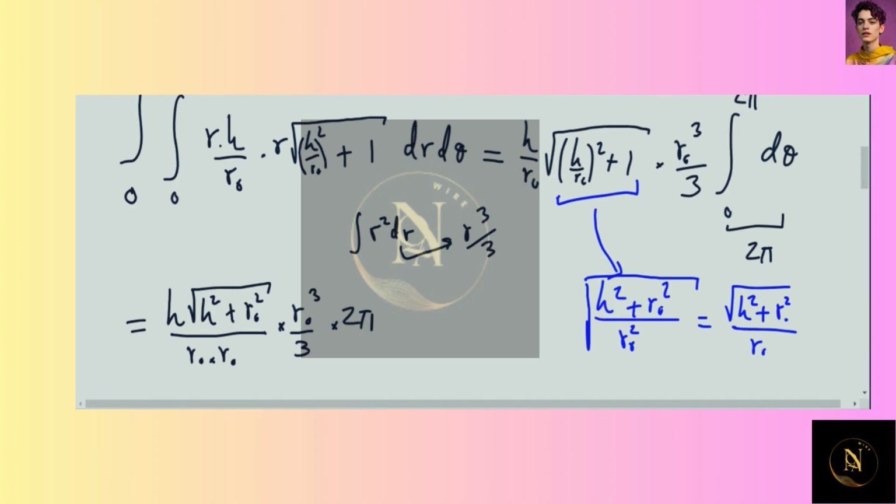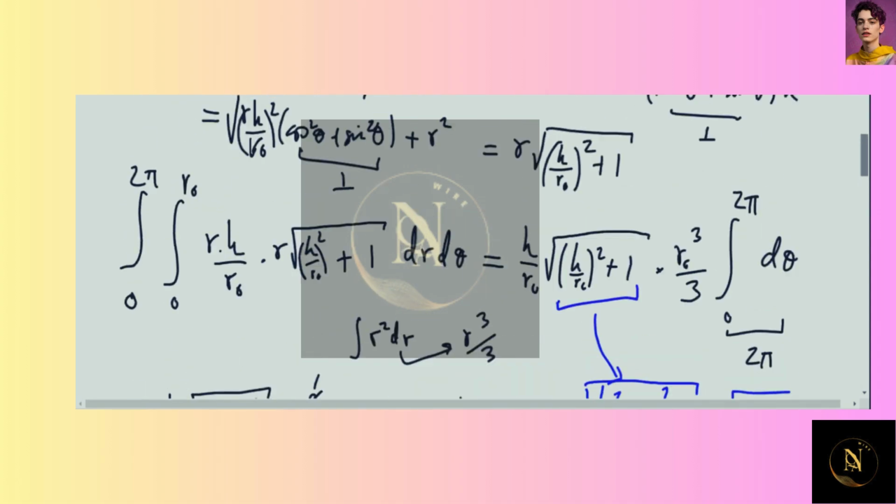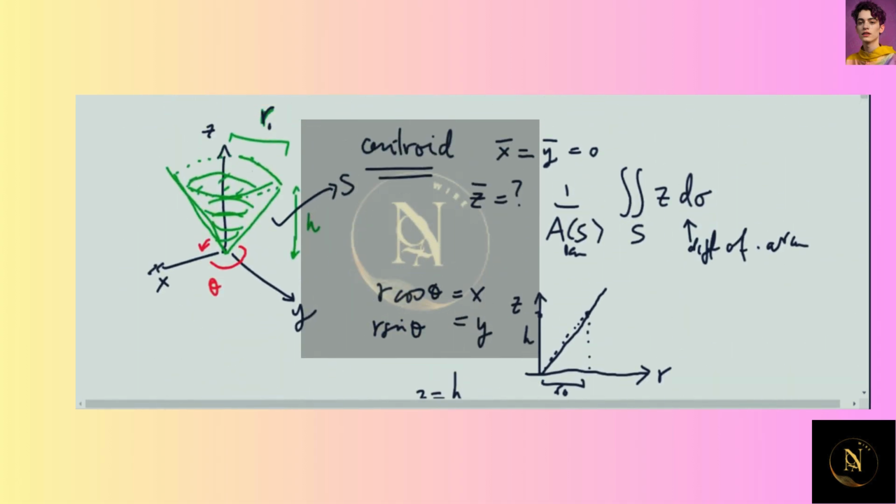So this cancels 2 powers there, so this would be equal to 2 pi times H times R naught times the square root of H squared plus R naught squared over 3. So you have that, and then this was just that, but the area